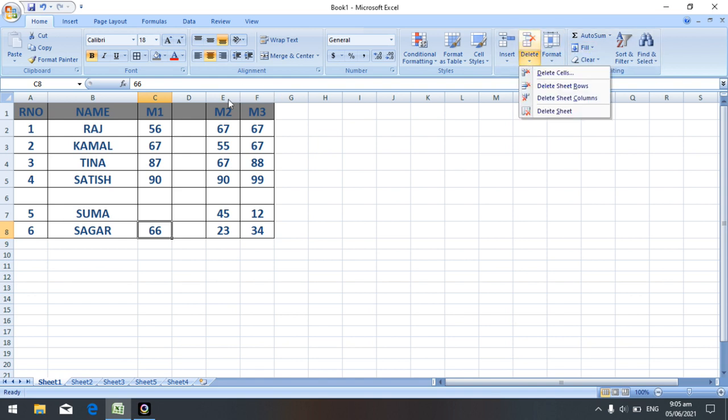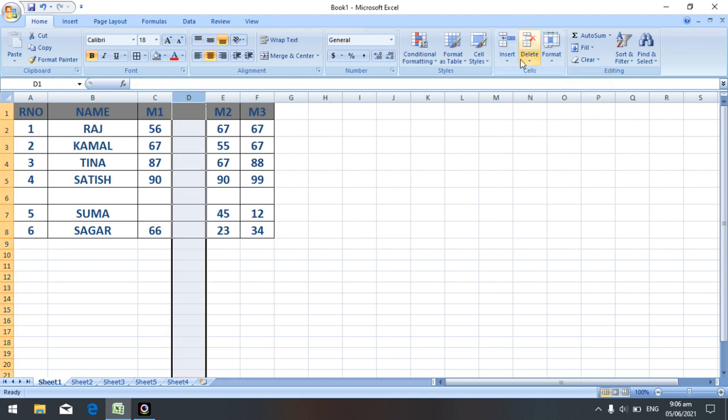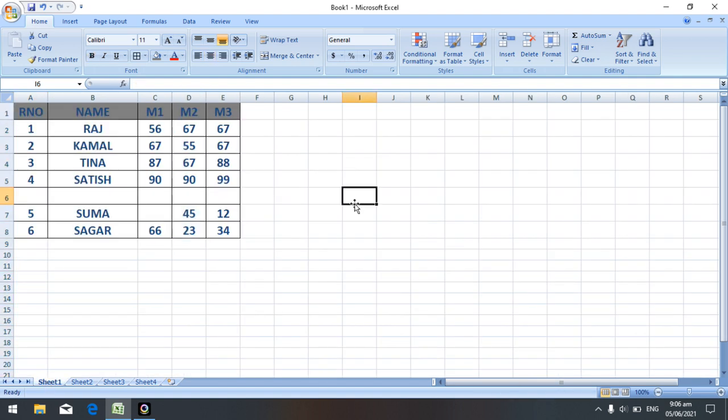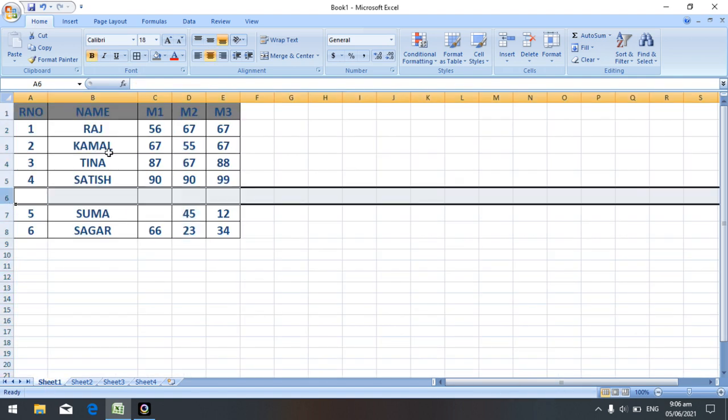Then if I want to delete this entire column, Delete Sheet Columns. Next one is, if I want to delete sheet 5, select this one, click on Delete, then Delete Sheet. If you press the Delete button, it doesn't delete the particular row.